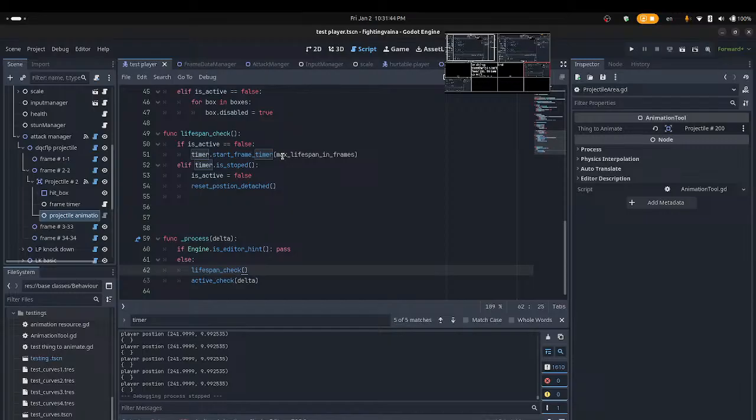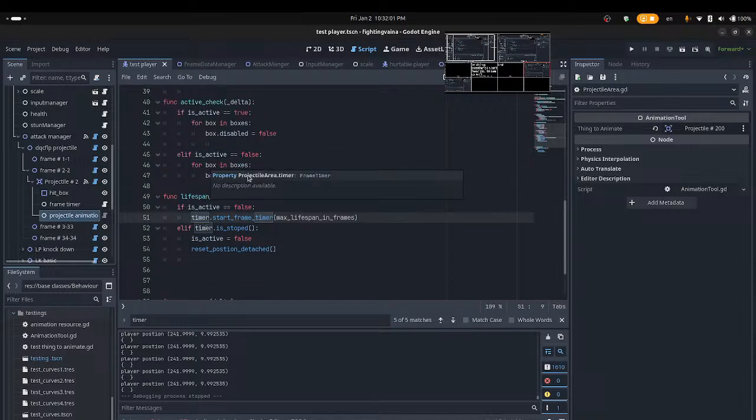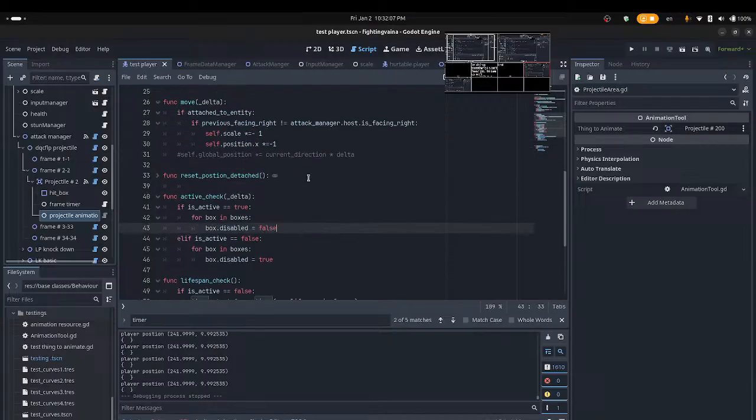So check if the thing is running, if it's not running, or check if it's active. Complete, keep the timer ready at the whole number. Then once it's running, it will check if it's stopped. If active is true, those boxes will enable. Otherwise, it will disable. If it's active,